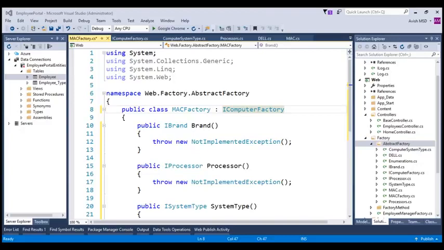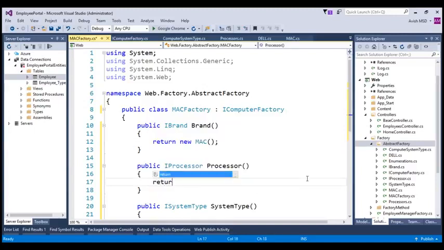Now when we need to create a Mac Factory, let's say this is creating a new desktop, then the brand would return as new Mac as the brand, and the processor would be i7. So let's say we will be creating a Mac desktop with i7 processor,